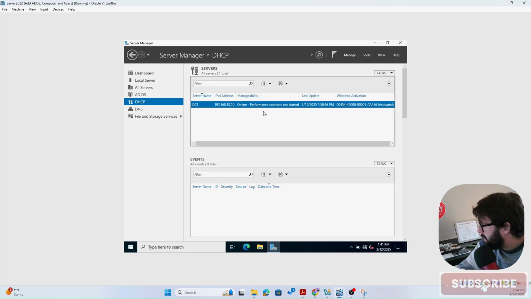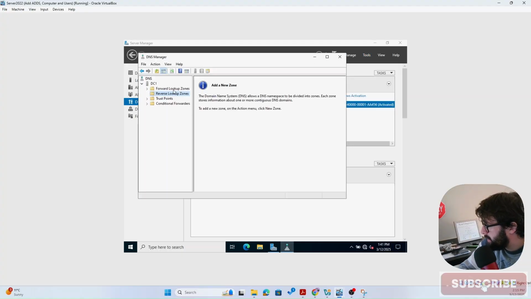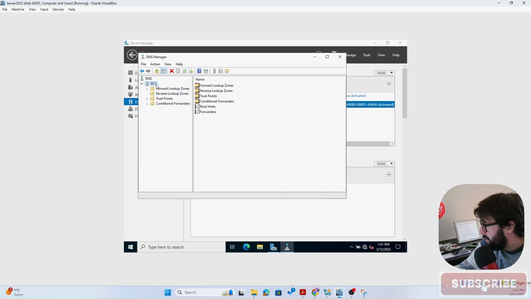Okay, once here, open Server Manager, then go to Tools and then go to DNS. Once here, you notice that you have our domain controller here, and we have the forward lookup zones. This is to convert the domain name to an IP address, and the reverse lookup zone is to convert the IP address to